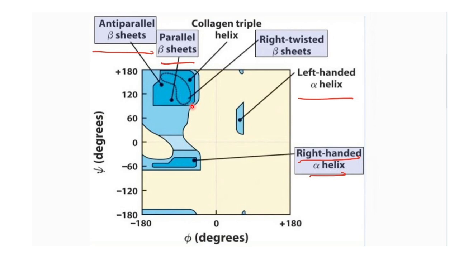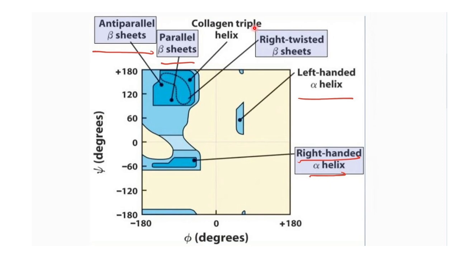Okay, so on the basis of this, and by generating a Ramachandran plot, we can tell about the structure or the composition of a particular protein that is not known to us. So if you have a new protein and we calculate the Ramachandran plot by calculating the phi angles, we can tell the composition of the protein, as to what the secondary structures are. Like over here we have the antiparallel beta sheets. The parallel beta sheets are also somewhat